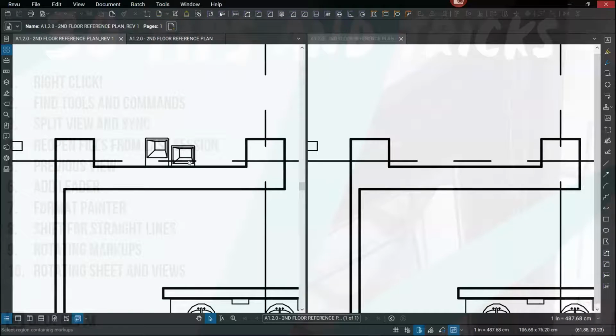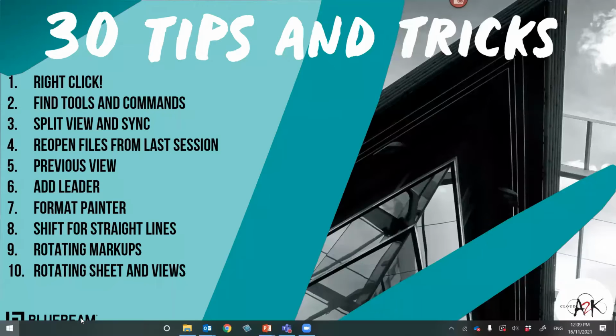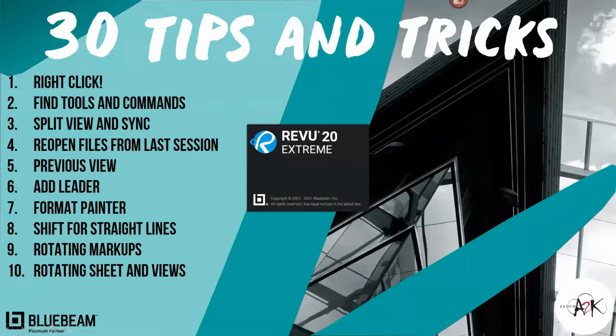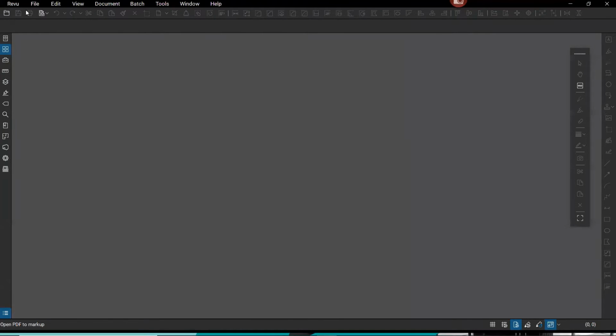Another tip and trick here is to reopen files from your last session. So again, I'll just type in Revu in my search bar and open it back up. We always get this, when Windows needs to restart or you need to do something, and you don't just want to open Revu, you want to go exactly back to what you were doing. So what we can do is under the file